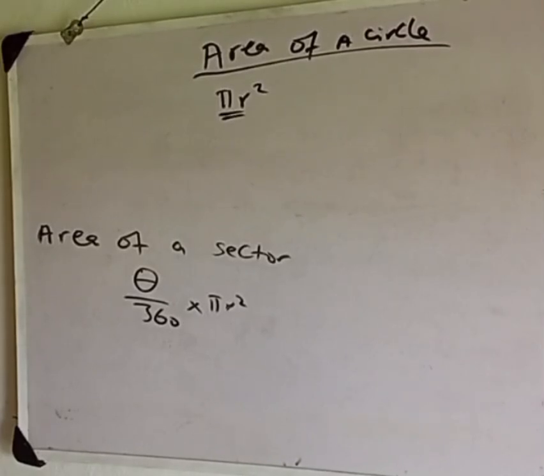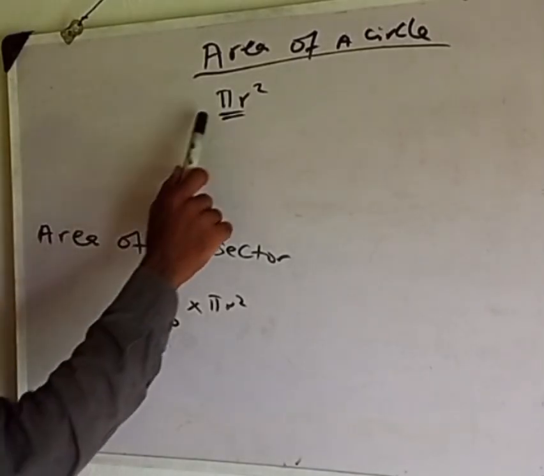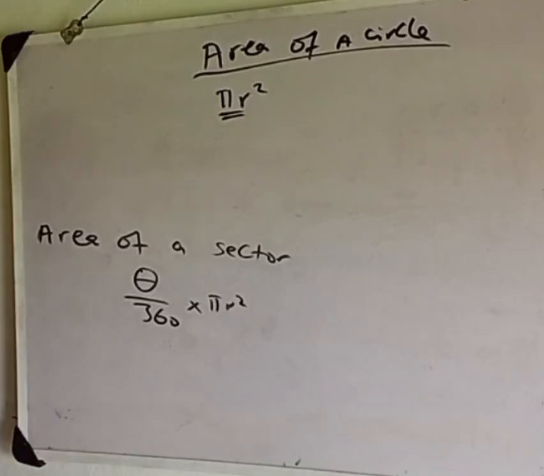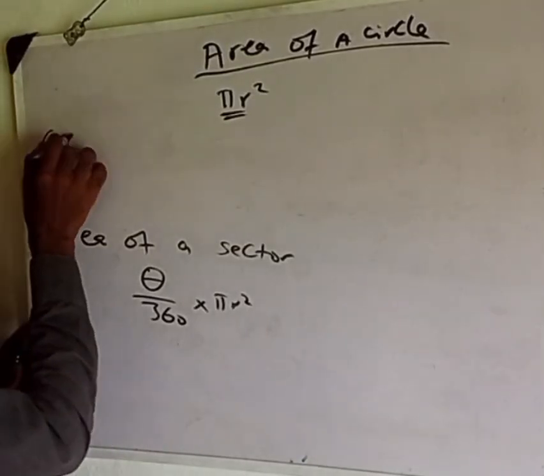So today we are going to be looking at the area of a circle, which can be solved using the formula pi r squared. Let me give you an example. If we say example 1,